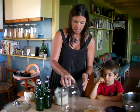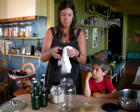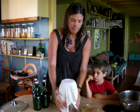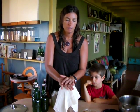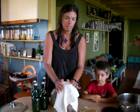Okay, and once you have that all together in your jar with the mushroom, you just put some cheesecloth over it and you let it sit for about 10 to 14 days, okay? And it likes to be in a dark space. So try to keep it away from the sunlight. Just a nice place. You don't want to move it around a lot. The mushroom doesn't like to be moved a lot during the process,